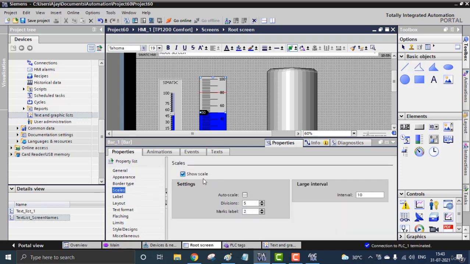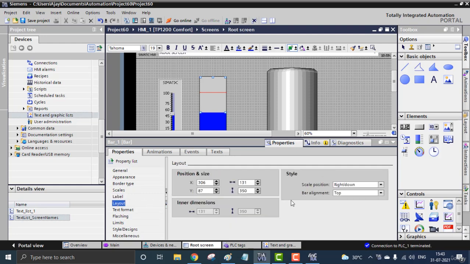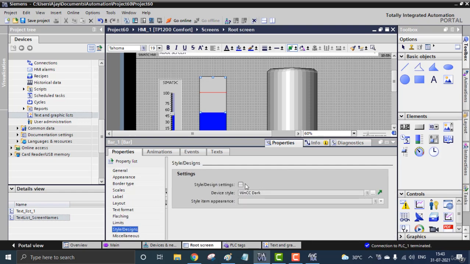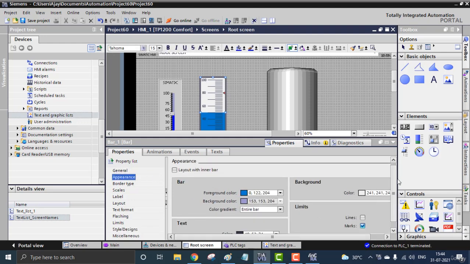Scales, I don't need the scales anymore. Uncheck that. And I don't need the labels anymore. Show marker, gone. Then inside the layout, nothing. Text format, nothing. Flashing, nothing. Limits, nothing. Styles, WinCC dark.